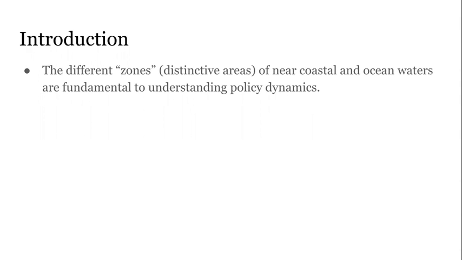From that nation's definition, and we're in the US, we're going to use United States definitions for those early zones. As we move out to sea, further and further out, we start using international norms, particularly the framework of the Law of the Sea Convention, which many coastal nations follow, even if they're not ratified signatories. The United States is not a ratified signatory to the United Nations Convention on the Law of the Sea, but it follows